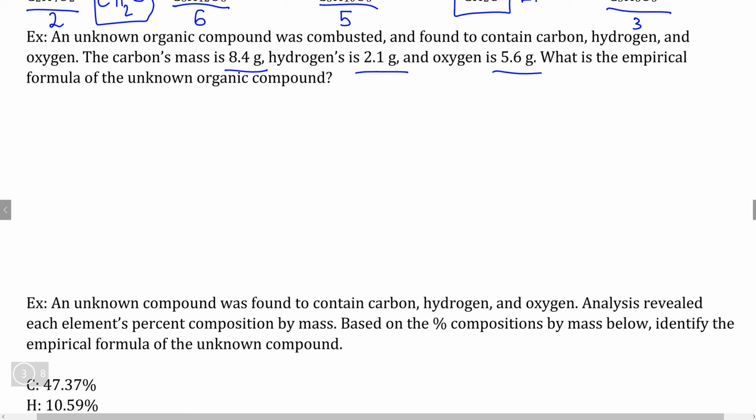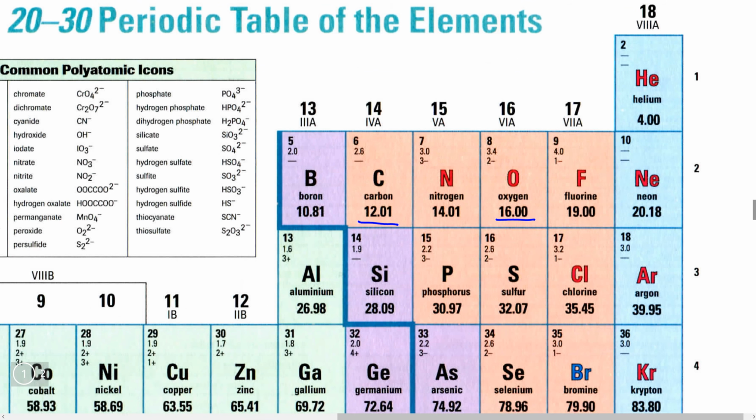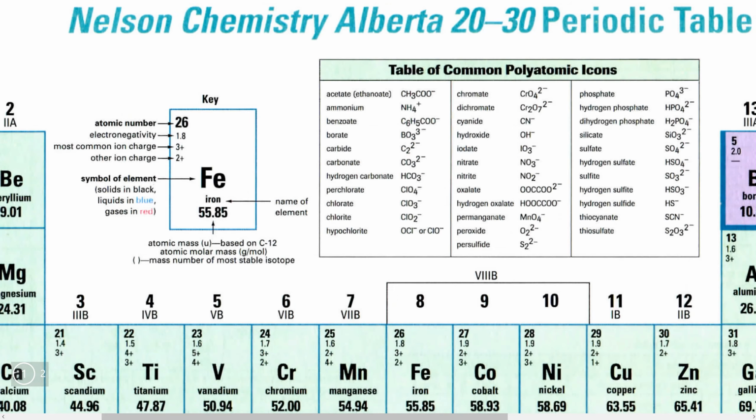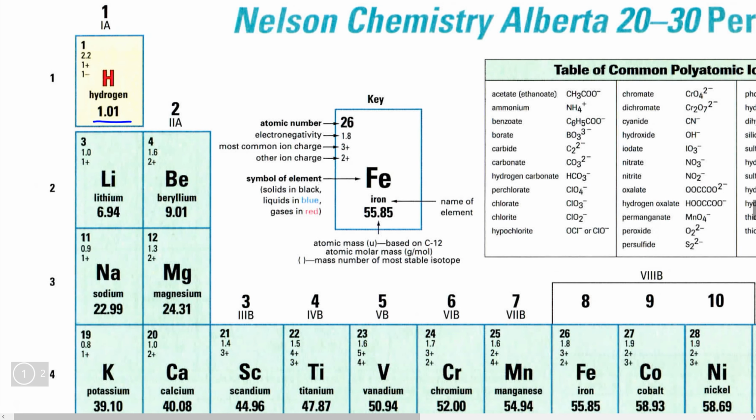Now, if we wanted to compare the elements directly, we can't use mass for direct comparison because carbon, hydrogen, and oxygen have different molar masses. So in order to compare the three elements directly, we need to use moles. And the first thing to do in that case is to find out what the molar masses of carbon, hydrogen, and oxygen are so that we can convert mass into moles. So let's double check our periodic table. Molar mass of carbon is 12.01 grams per mole, oxygen is 16 grams per mole, and hydrogen is 1.01 grams